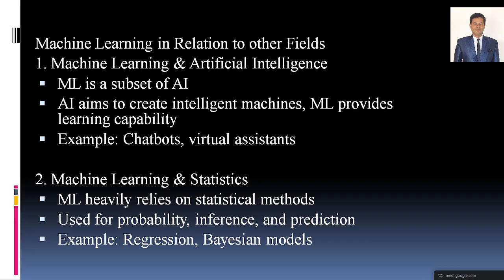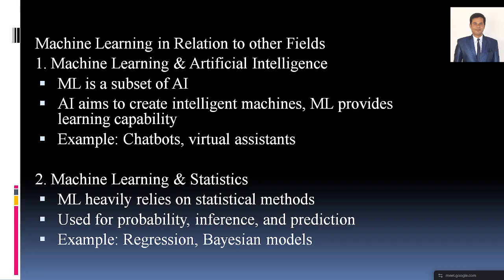It will try to speak with you. If you ask any question, for example, if you want to take admission in some university, it will ask what the fee structure is, what departments it has, and how many departments it consists of. If you ask anything, it will try to give the outputs to the user. So that is what chatbots do. So this AI will try to understand intelligent machines, and it will provide the learning capabilities. Based on the input, it will try to give the outputs to the user, right?